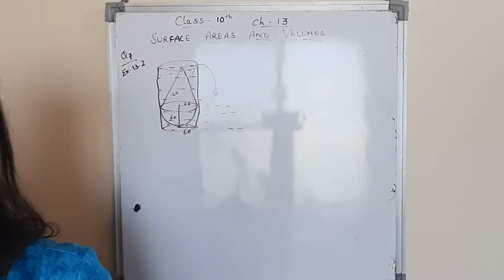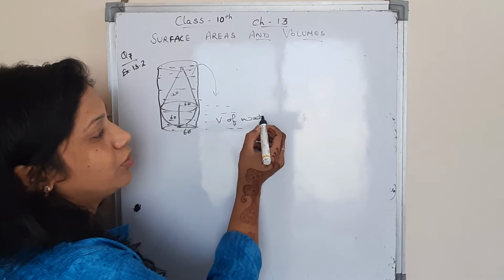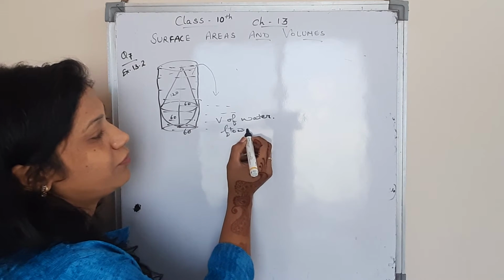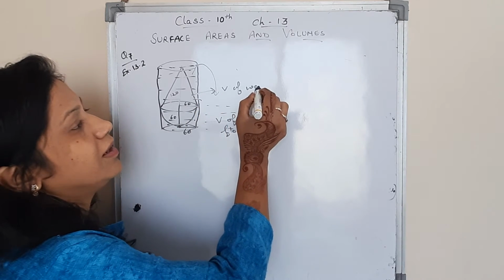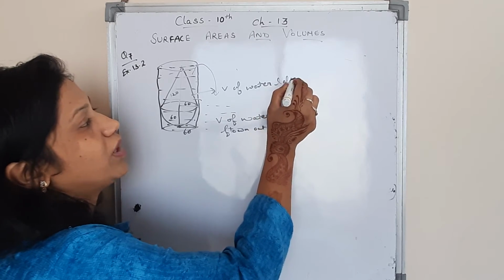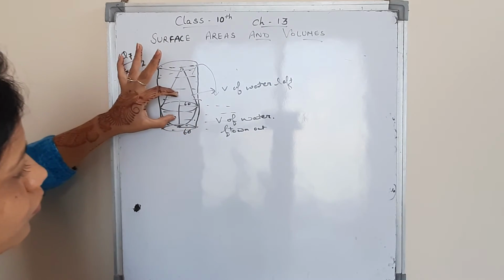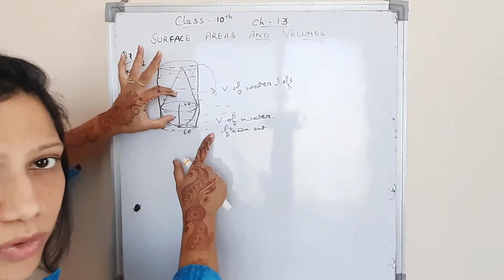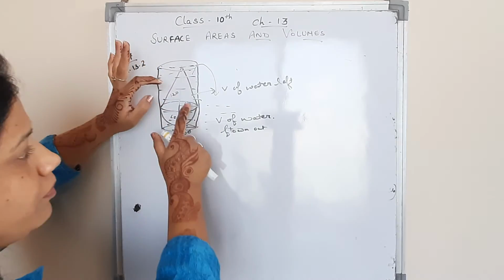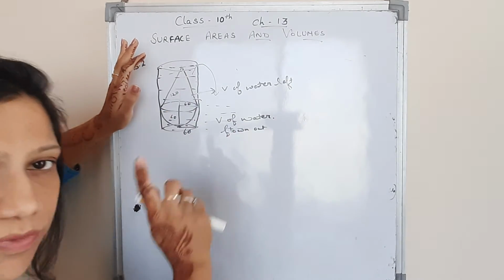Now, what do you think? We have to find how much volume of water has flown out, and we need to find the volume of water left inside. So what will be the volume of the water left inside? Definitely it has taken that volume which was equal to the volume of these two shapes. This water has flown out, so definitely its volume is equal to the volume of this solid. That same water will flow out.